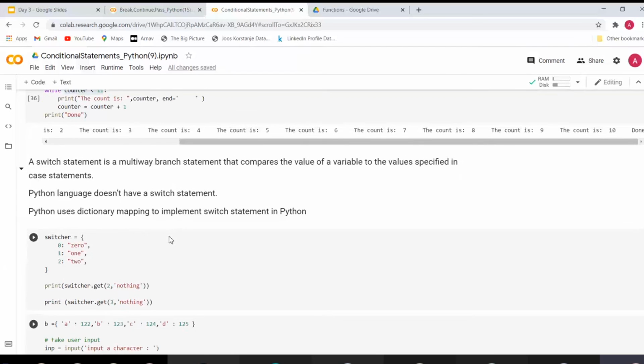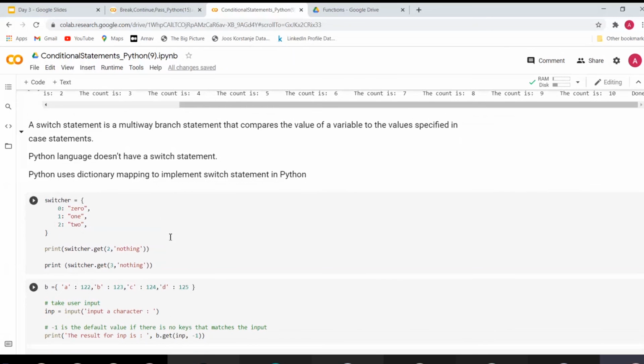Python doesn't have switch cases. So what are switch cases? We have if else and we can create multiple conditions using it. But what if we have too many conditions, like 50 or 100 conditions? In that case, we don't want to write so many if else statements, one after another, we would get mad. Other programming languages have switch cases, but Python directly doesn't have them. But as a workaround, we can use a dictionary as a switch case.